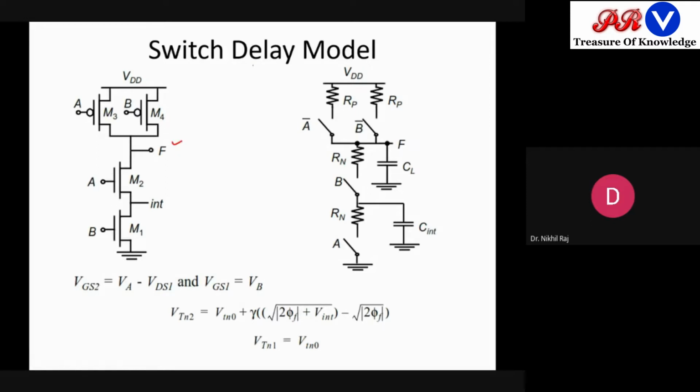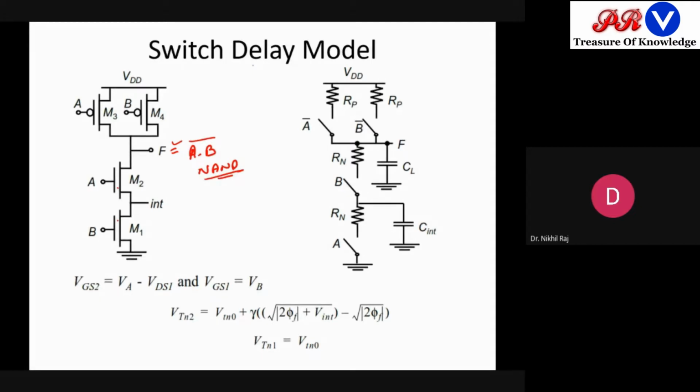So this is an example of which type of gate? If we see, F is equal to A and B, both in series. So A dot B, and since it is CMOS logic, the complement will come. So this is nothing but your NAND logic. Now if I want to draw the switch delay model, in order to predict the amount of delay offered by that particular switching, what will it be?